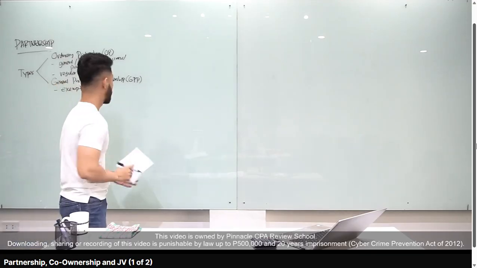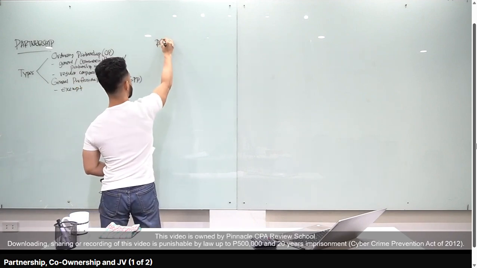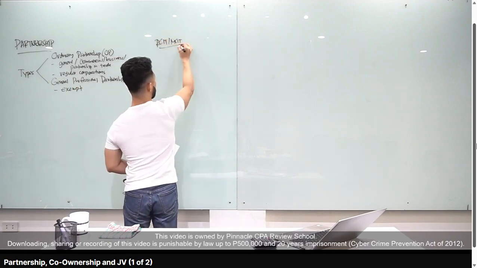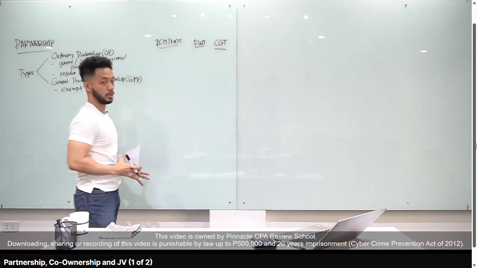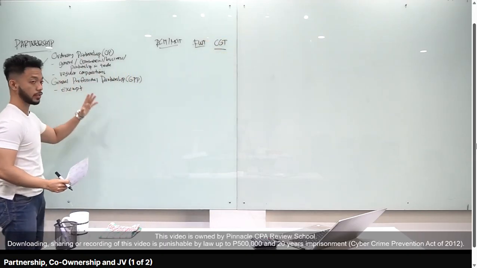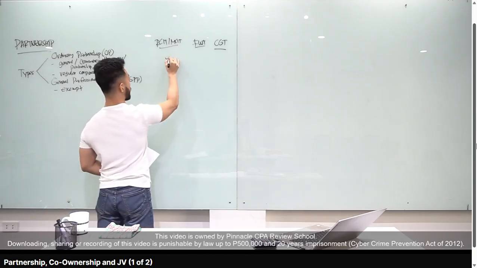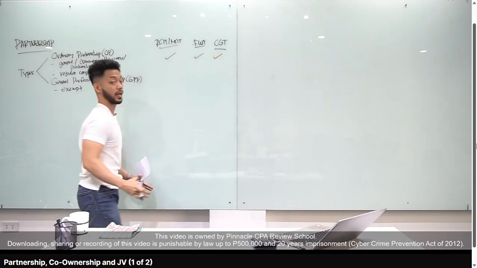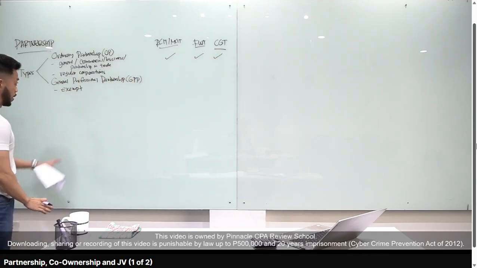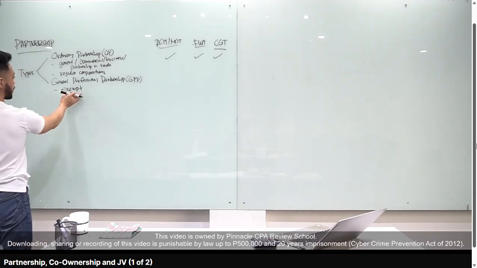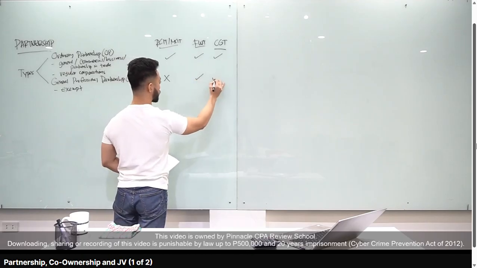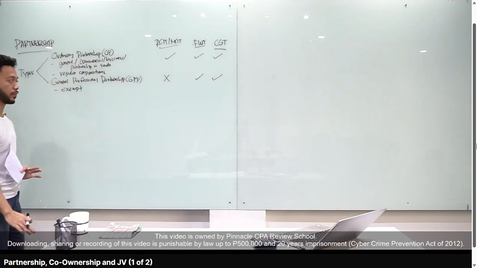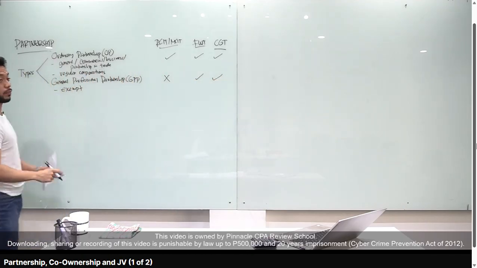Okay? Now class, let's differentiate the two. Lagyan natin dito, meron tayong RSET and MSET. Okay? We have the final withholding tax and we have the capital gains tax. If you are an ordinary partnership, since you are treated as a regular corporation, you are liable to pay this, and this. So, lahat sila. Okay? Babayaran natin yan. Now, kapag naman GPP ka, since exempt ka, hindi mo kailangan bayaran yung RSET or MSET, but you have to pay final withholding tax and capital gains tax. Okay? So, sir, okay pala kapag GPP kasi exempt ka from RSET and MSET.